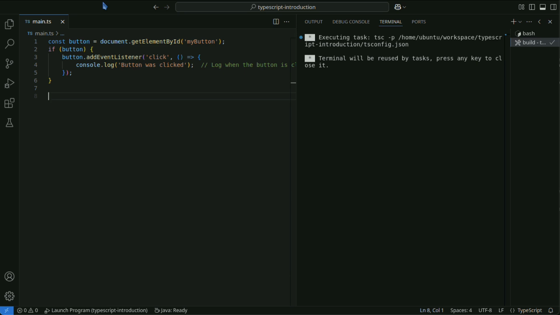When operating on a specific element, for example, an HTML input element, it is common to use an assertion, as, to specify the type and use element-specific properties such as value. Keeping these in mind, DOM manipulation with TypeScript allows you to write safer and more predictable code by combining JavaScript's flexibility with TypeScript's type safety.